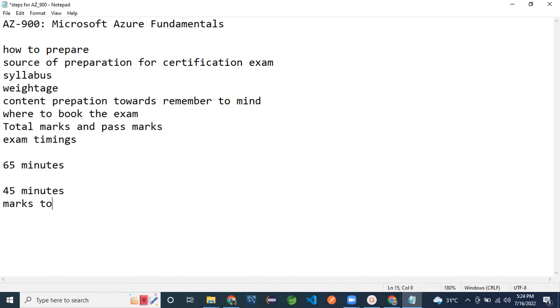The exam is for 1000 marks, and the pass mark is 700. So minimum you need to get 700 marks to pass the exam. You have questions around 45.